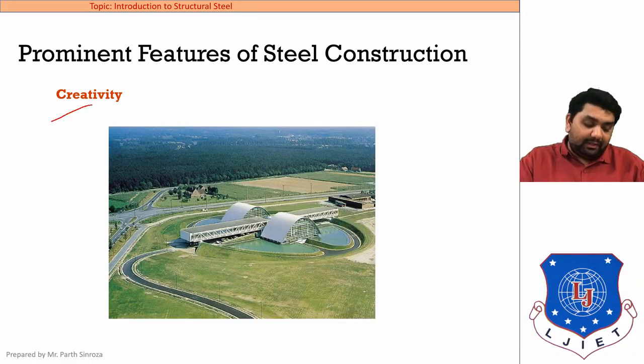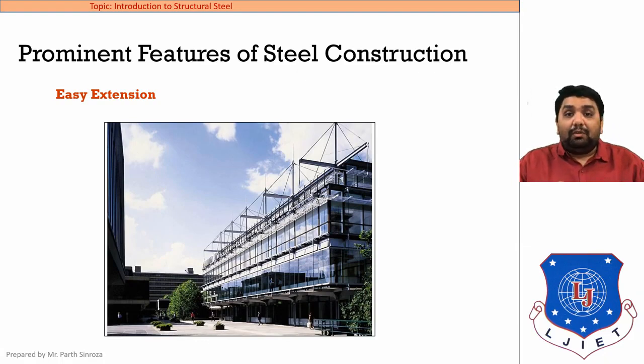And the second thing is creativity. That means you can think creatively and use your imagination to form any shape you want, and it can be made into life. Third is easy extension. Now if we need to extend our building or increase the amount of floors, for RCC structure it will be difficult, because the self weight of the structure is more important. So regarding the expansion, either vertical or horizontal, it will be difficult regarding RCC, because the proper bonding will also not be generated if we need to expand it. But in steel, it is easy to expand, as steel members are connected externally.